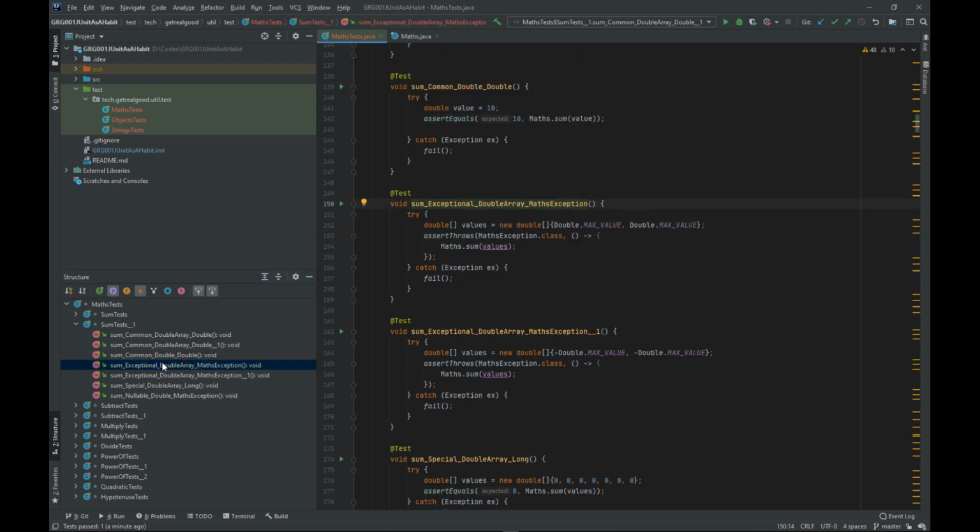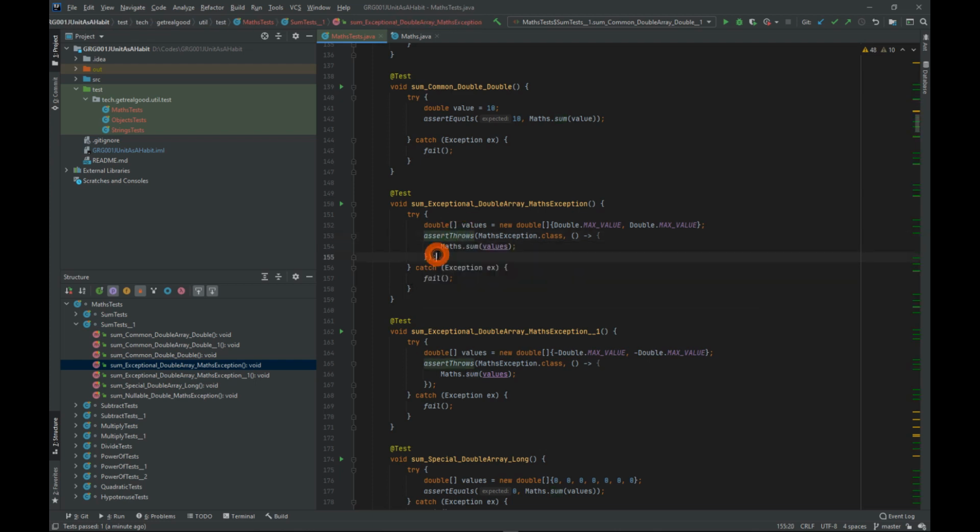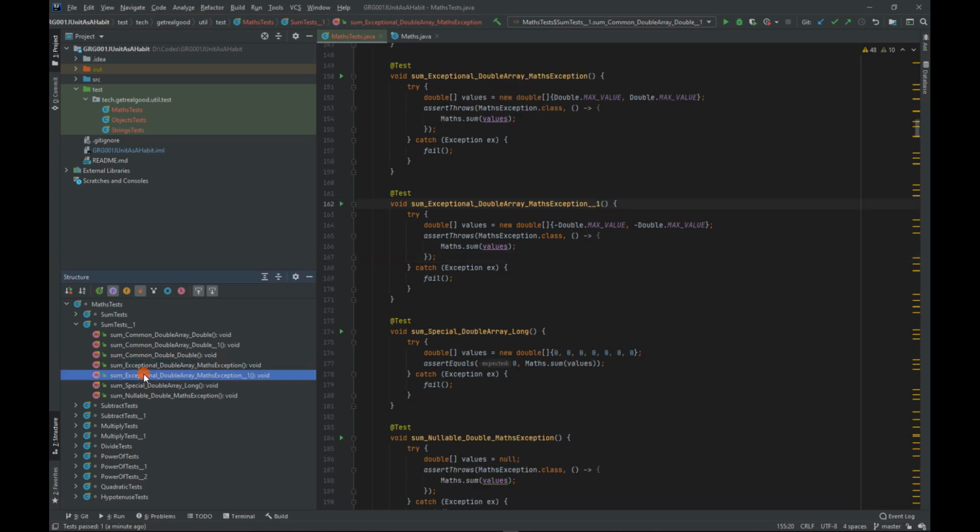Next one, we are doing pretty much the same thing as we did with longs. We're passing two double max values, and we are asserting that this will cause an arithmetic overflow, which it will. We're using assert throws. We've seen it multiple times before. You're welcome to retype it. I'm going to go to the next